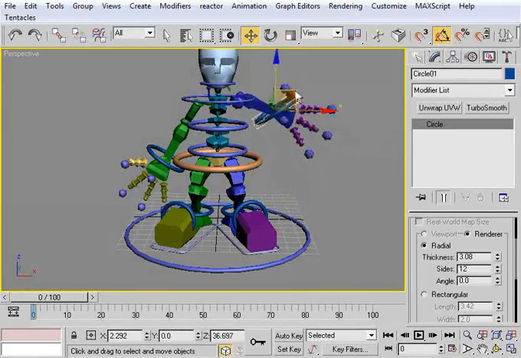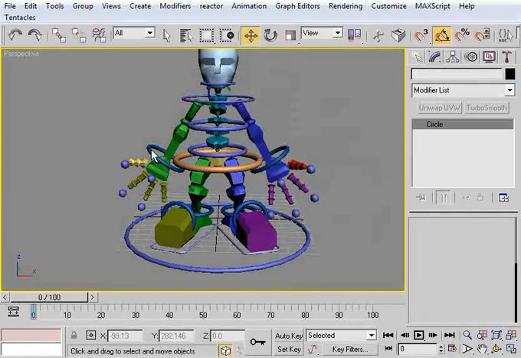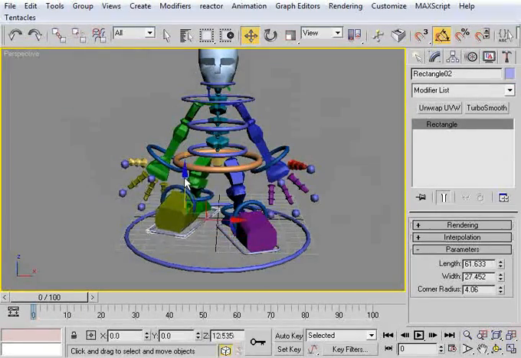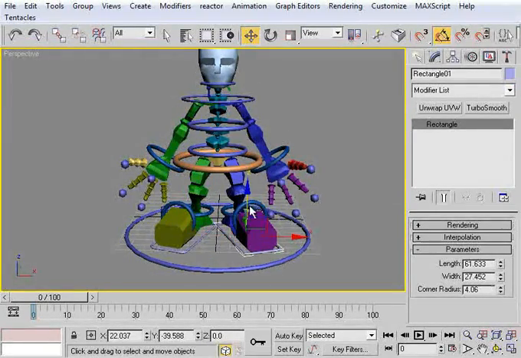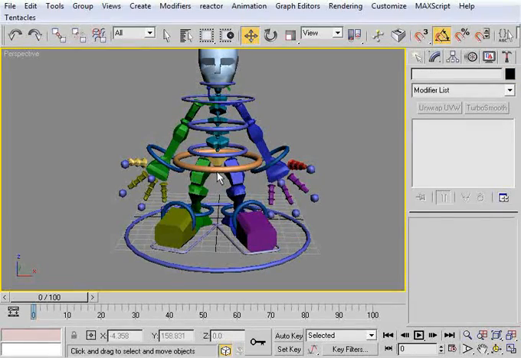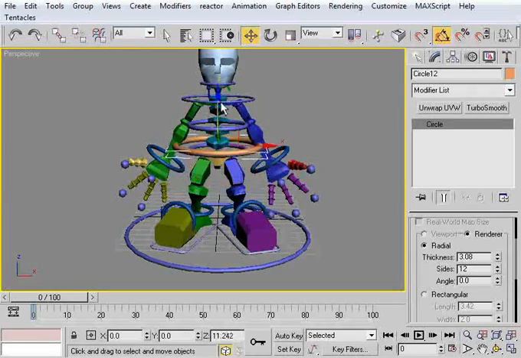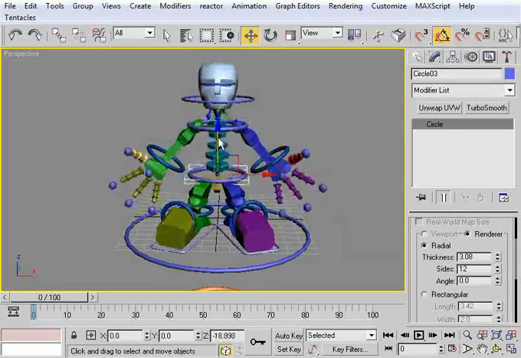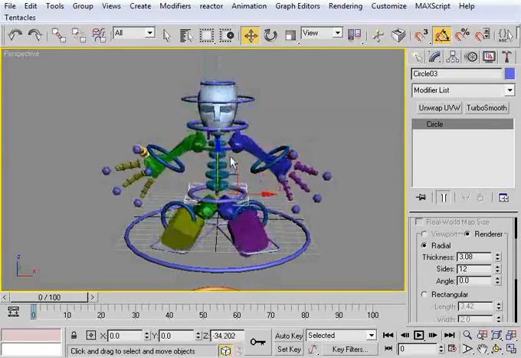We have our hand, both hands. We have our feet. We have our center of gravity, which, as we notice, you can move this all day long and nothing's going to happen. And what will happen if we move this down? Okay, so